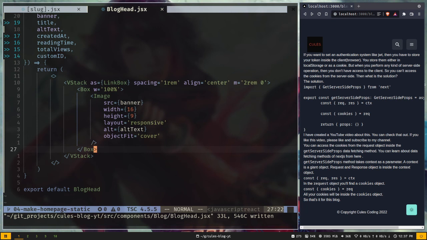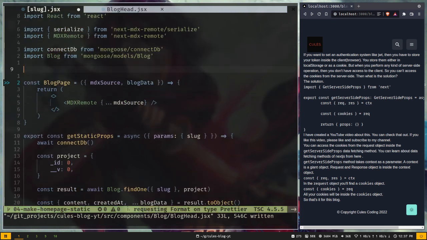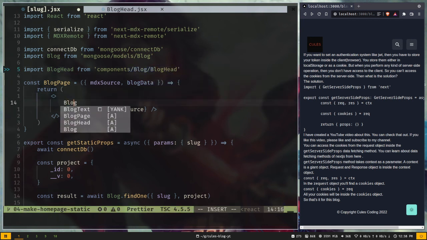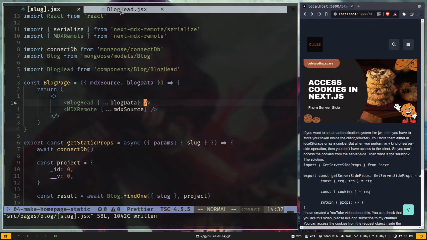And for now I will import the blog head in the slug. So import BlogHead from components/blog/BlogHead, and I will add the BlogHead, and I'll spread out the blogData. Alright, so we have the banner image. So let's go to BlogHead